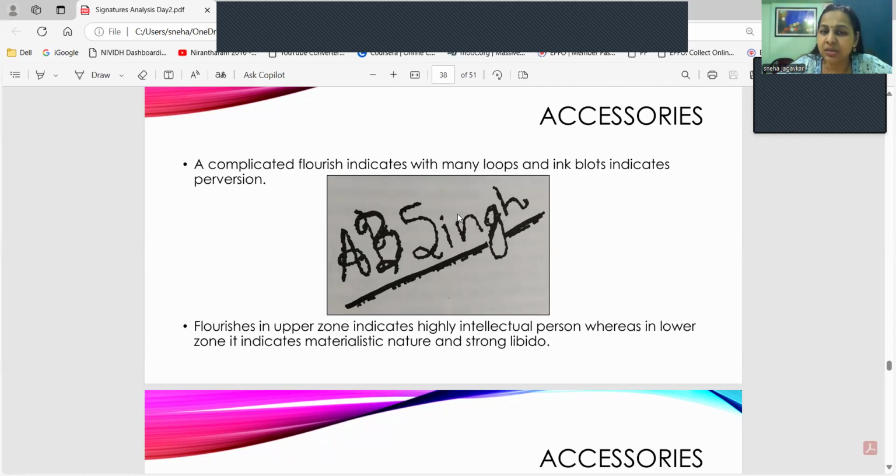Now, ink blots is something which usually happens when there is a rough paper and a gel pen. When there is a rough paper and a ball pen, you will not come across ink blots, right? So there's a difference. Now, say for example,